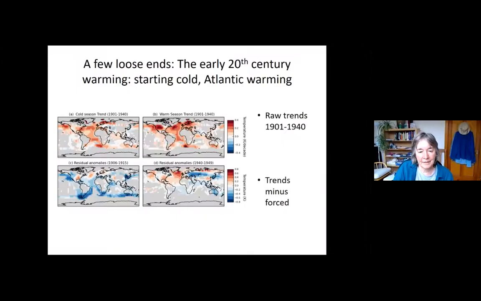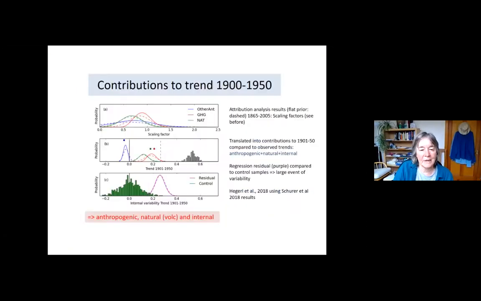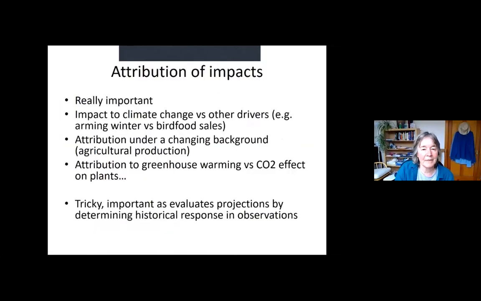And I'm going to skip this, and I have, for my own mind, estimated that the early 20th century warming was something that satisfied me greatly. The 1940s warming was indeed caused by greenhouse gases, but also had a contribution by a lack of volcanic eruptions and a large internal variability contribution. And the last big